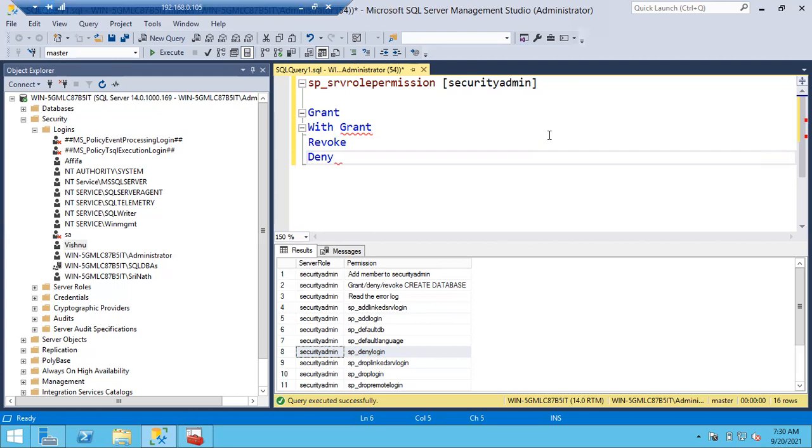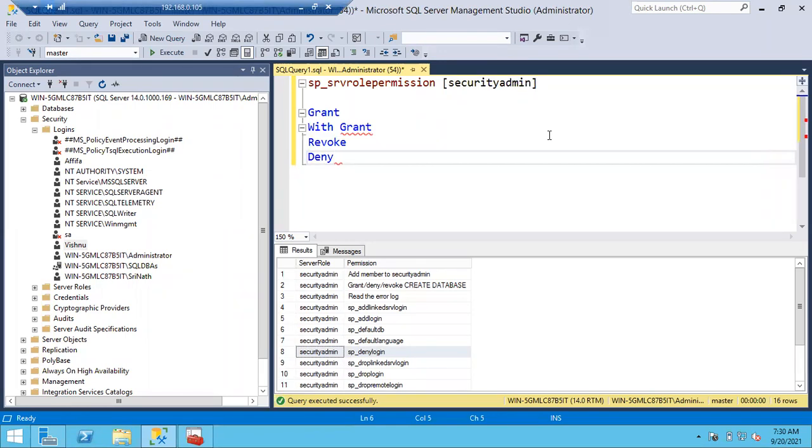With grant means you can give permission to others. Yes, very good. You can enjoy the permissions and you can give the same permissions to others also. If I gave you grant select, you can only read the table. If I gave you with grant select, you can read the table and you can give the same select permission to another user also. That is with grant.